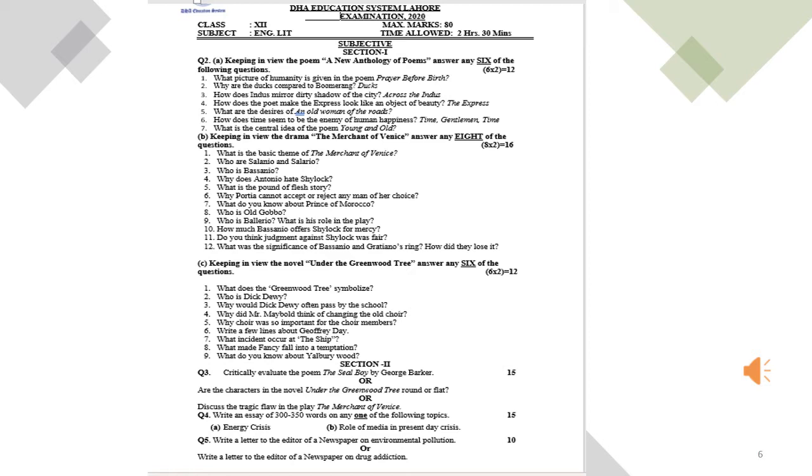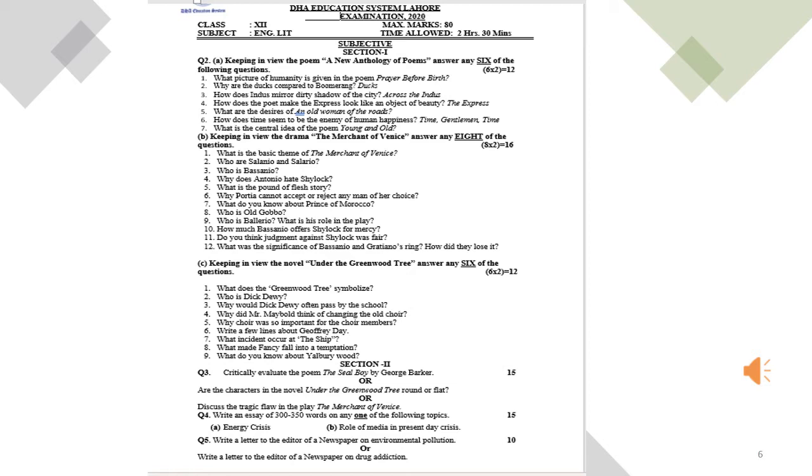Student, question 3 is again from your syllabus books. You can see there are 3 questions from which you have to attempt any one. Question 3 has a question from A New Anthology of the Poem. This is a long question in which you are supposed to critically appreciate the given poem. There is 1 question from the novel and there is 1 question from the play. Among these 3 questions, you have to attempt any one. Select that question for which you are prepared well and you can answer the best.